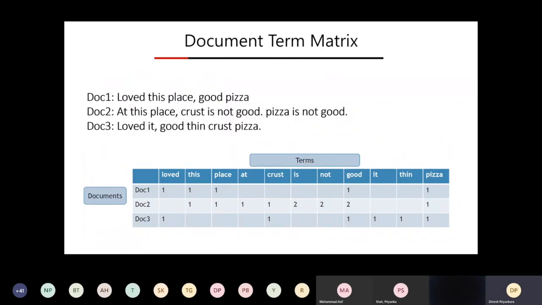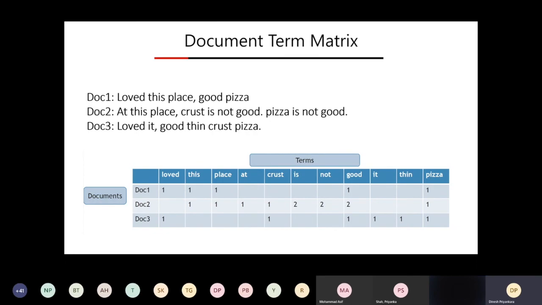So as I told you, in order to make sure that the machine can understand your text, which is considered unstructured, you need to convert it into a structured manner. So we use something called DTM, document term matrix. When you have a number of documents, we try to create a structured result like this before we pass the data set to the machine for training.